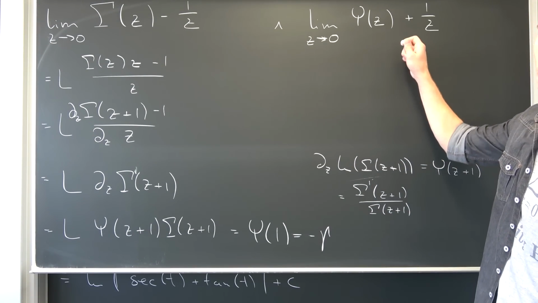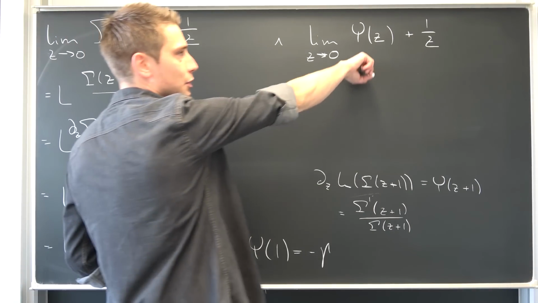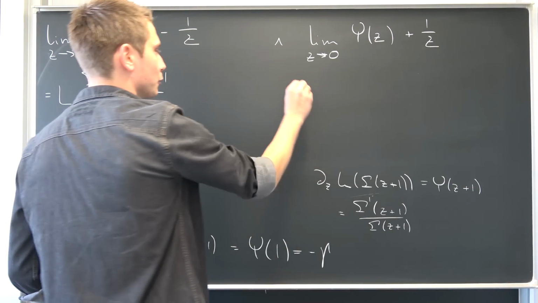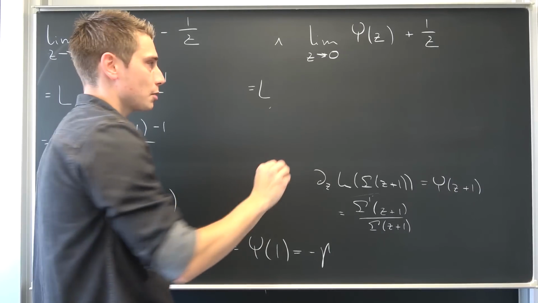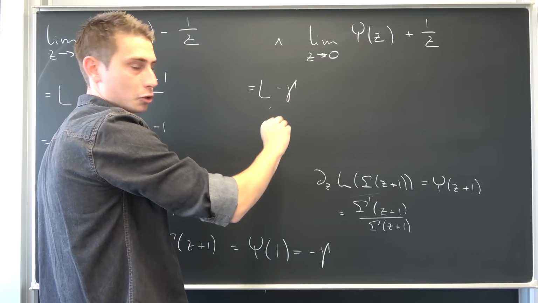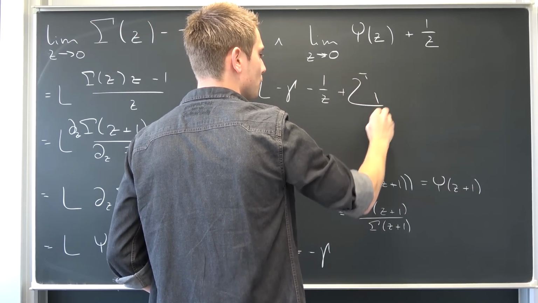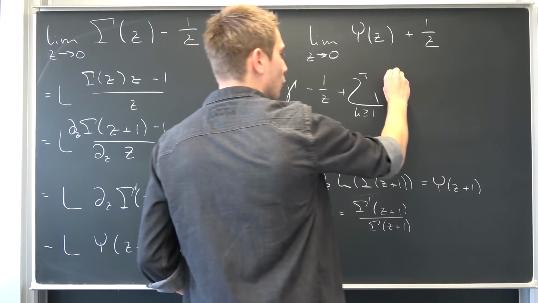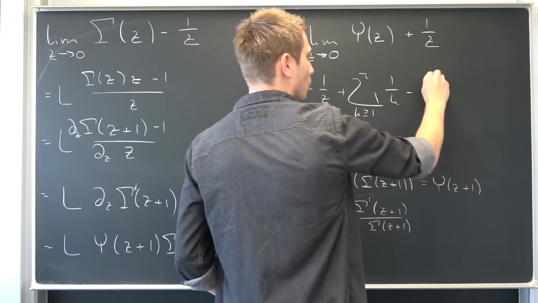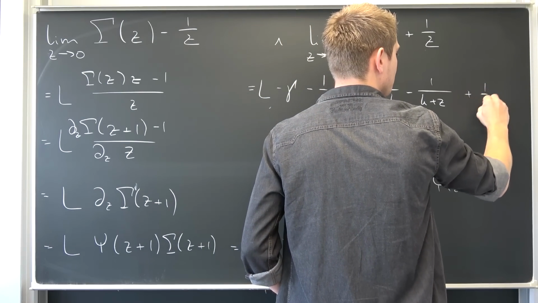Now, we are going to continue with this limit right here. And for this limit, I would just like to make use of the pure definition of the digamma function that we have derived before. Meaning this right here is the limit as z approaches 0 of the digamma function, I want you guys to remember, is negative Euler-Mascheroni, and then negative 1 over z plus the sum ranging from k greater or equal to 1 up until infinity of 1 over k minus 1 over k plus z, and then plus 1 over z.